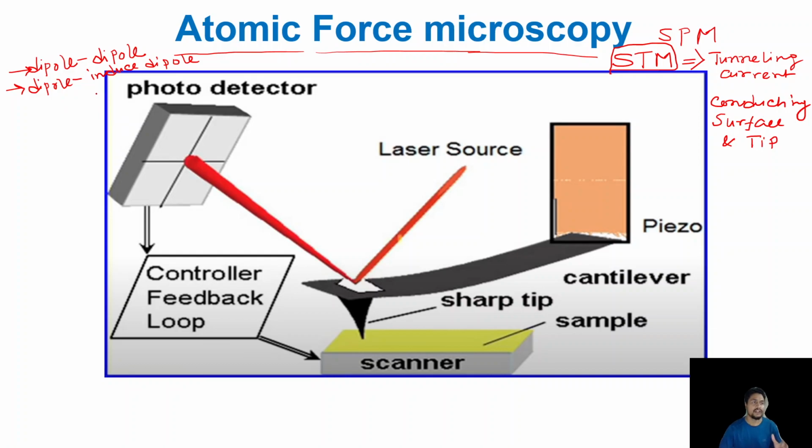That will be dipole-induced dipole. Or let's say the tip and the sample or the surface both don't have any permanent dipole moment. Still, they can interact with each other by the force of induced dipole-induced dipole. Mainly, this force has been termed as London dispersion,